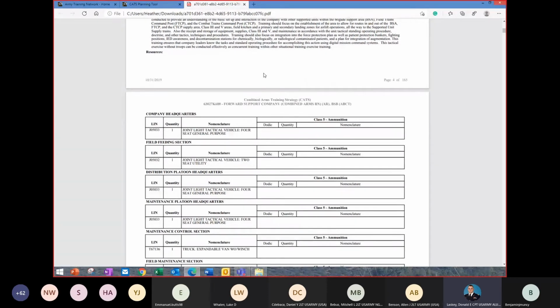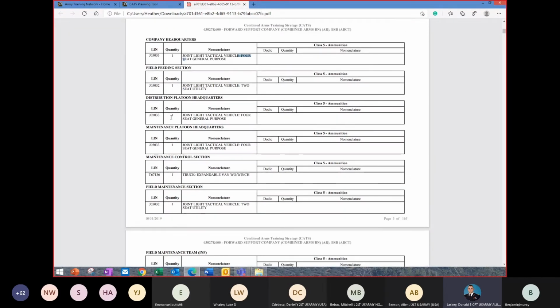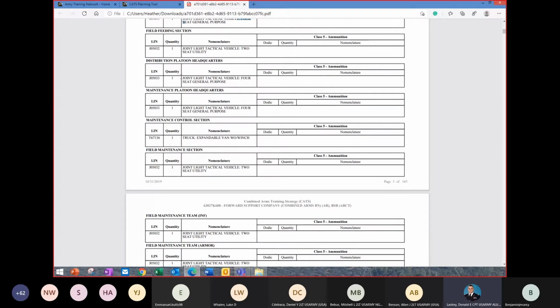And then what's good is it tells you what resources you need, and it tells you where the resources come from. So in the company headquarters, you need this line identification number, which is going to come off the MTO, which is our next Army website. And it tells you, you're going to need one JLTV from company headquarters section, one JLTV from the field feeding section, one JLTV from distribution platoon, and then one JLTV from the maintenance platoon headquarters,